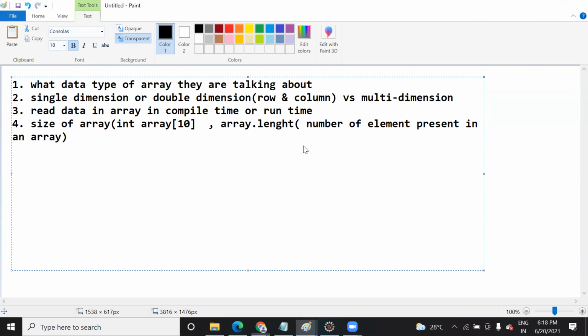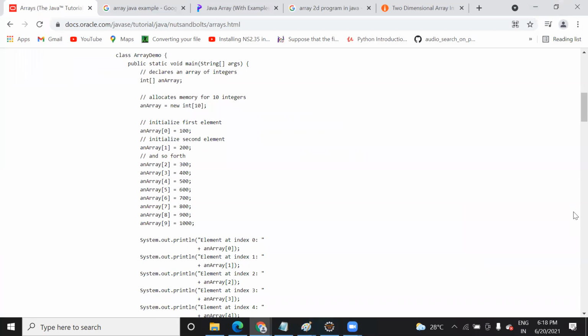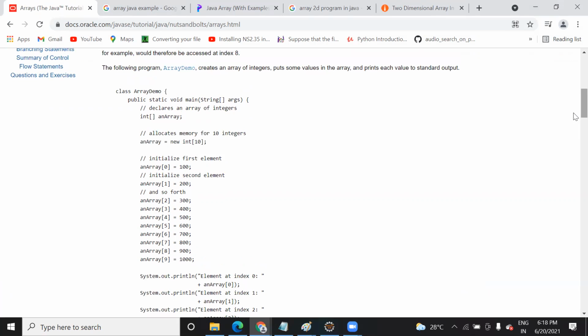Now see here, in this question they have given you one example. They just want to print an array. So how are you going to print an array? The first thing is how you declare an array. There are various ways of declaring an array. I have already told you, and here also I can tell you.